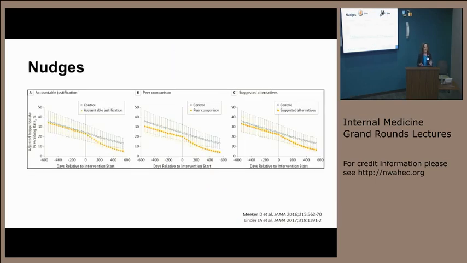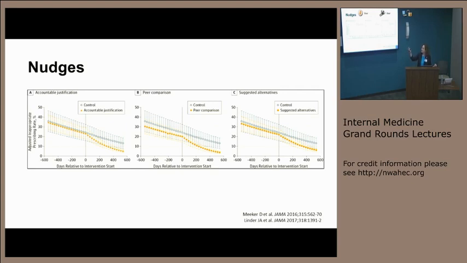And then the last strategy I'll talk about is a concept called nudges. So nudges are something that are lifted from behavioral economics and social psychology literature. And it's really acknowledging that physicians are influenced by their environment, by their own psychology, and by sociology about what others think of them. And so in this study that looked at over 150,000 visits for acute respiratory infections,